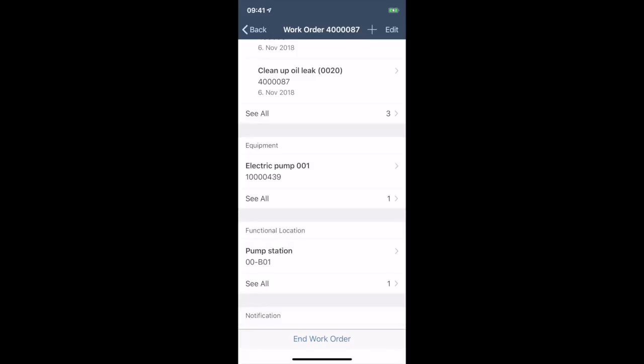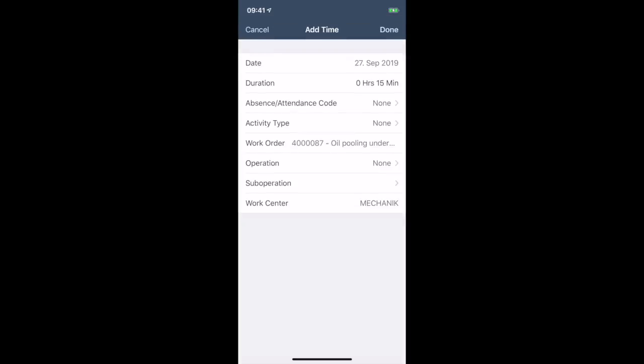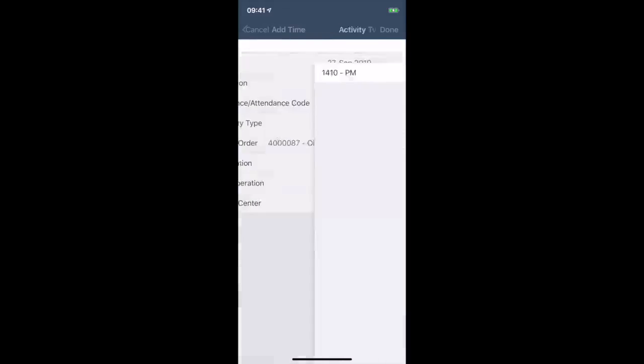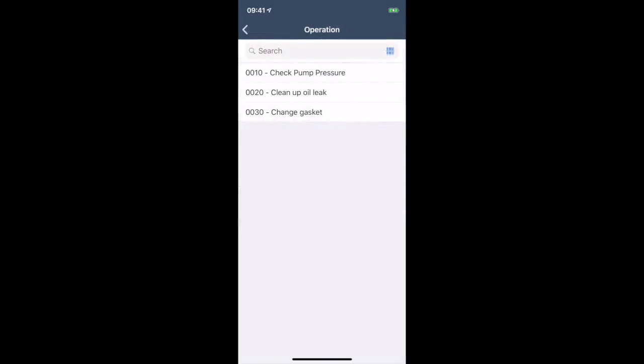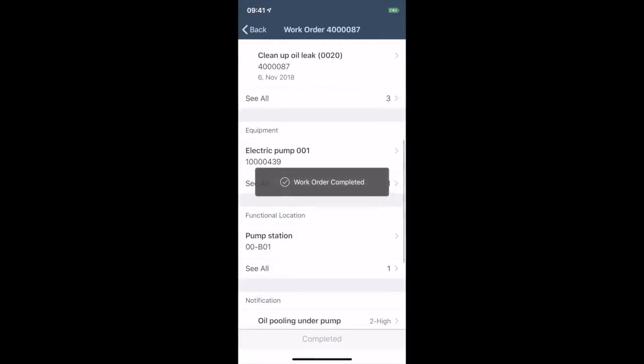We would like to complete this work order, and we would like to add a time entry. As you can see, the application already selected 15 minutes because that's the current setting for the minimum interval. Because of the automatic time calculation, it is now selected. We have to select the activity type. We also have to select the operation, like check the pump pressure, on which this 15 minutes is spent, and by tapping on done, we will have the work order completed and we can continue with